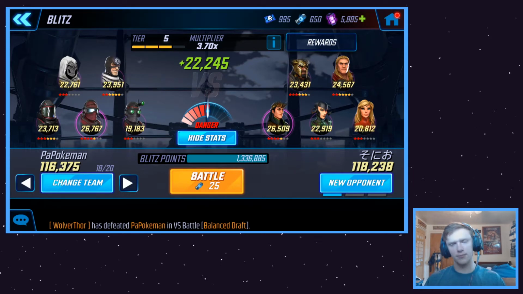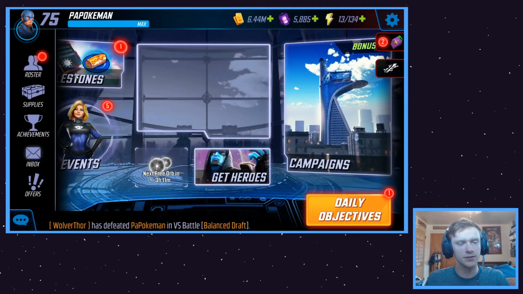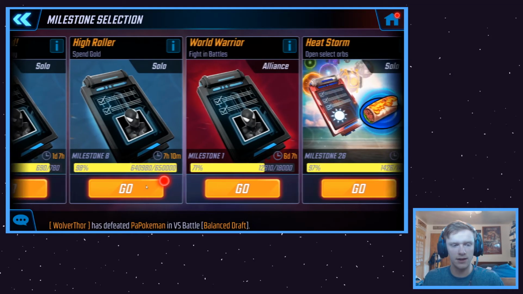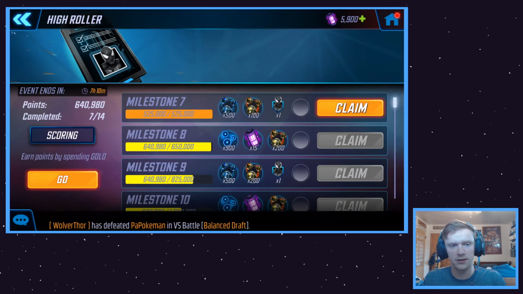So first off, I want to talk about Blitz in today's video. As you can see, I've been running Blitz right here, and it's really critical to these past couple events in this game. The Fun in the Sun event and the Unity event both utilize Blitz heavily, and oh, Symbiote Spider-Man, guys, Symbiote Spider-Man, that is very exciting having him here. But anyways,